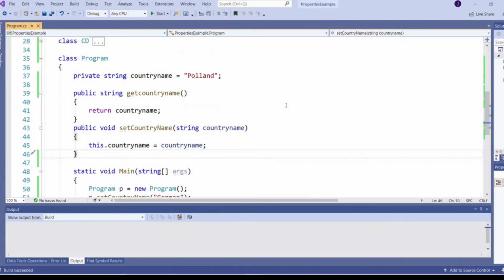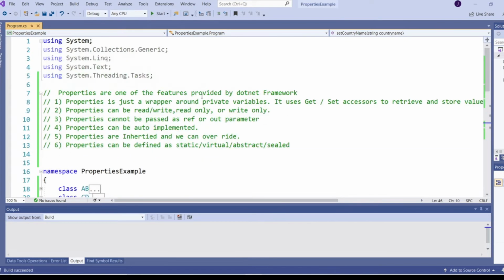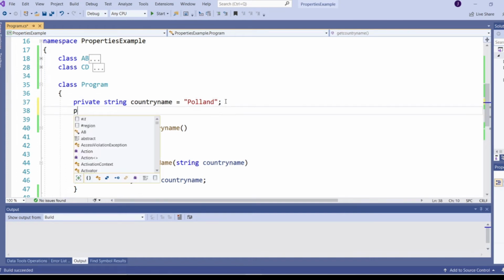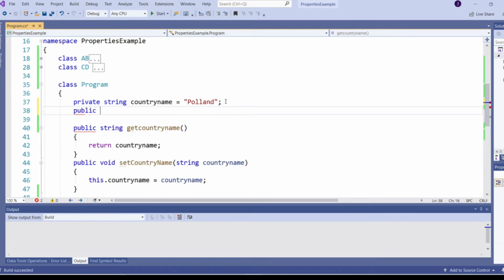Instead of writing public methods to expose private member variable of a class, the other way is we can write properties as mentioned in step 1. Properties are nothing but wrapper around private variables of a class. So let's see how to write property. So public string property name